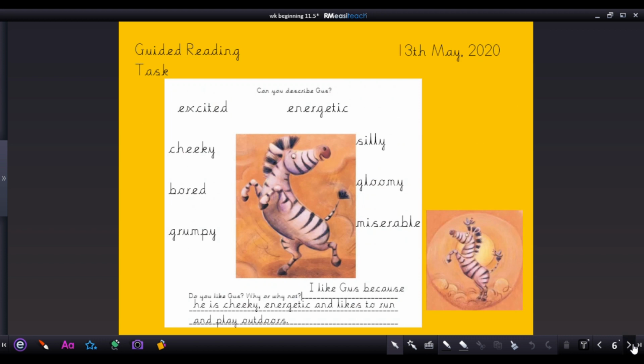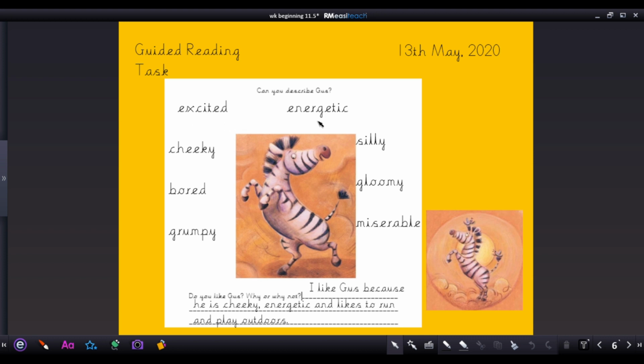For your task today, you can download this sheet if you like, or you can work from the picture on the page. The first question says, can you describe Gus? I think I'd like to use some green words, some describing words to describe Gus. And these are the words that I came up with. I said that Gus was excited,